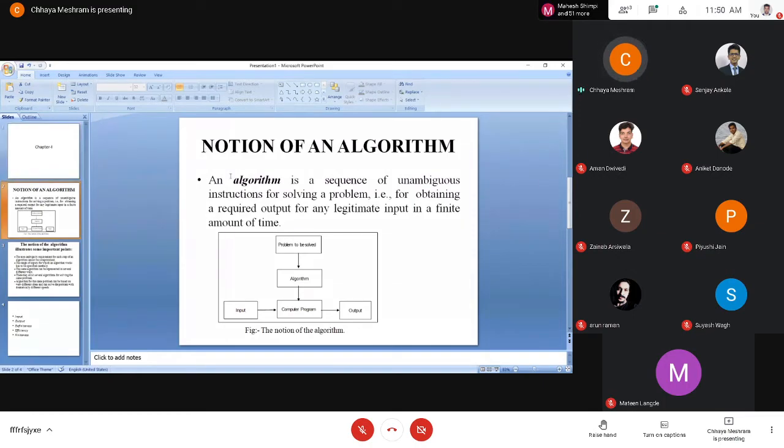So that's why we can say that an algorithm is a sequence of unambiguous instructions for solving a problem. A sequence of unambiguous instructions should not be confusing. For example, if I write "add A or B to C", what is the meaning of this statement? We will not get it. Either we have to add A or we have to add B.